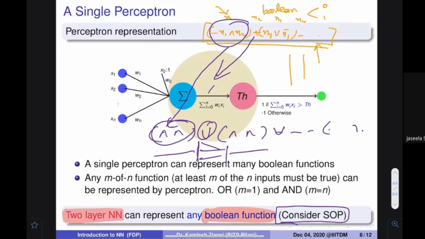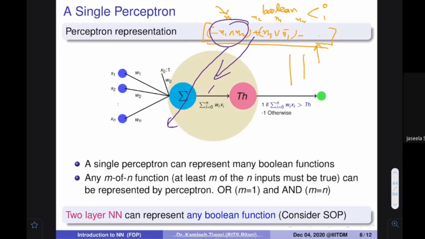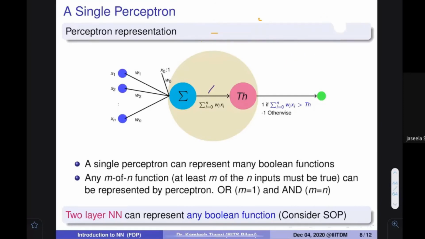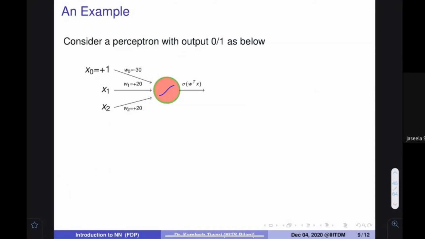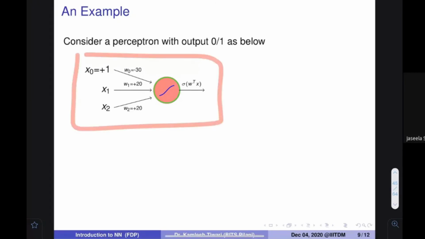It is a very interesting idea that these networks look very simplified, but they have a lot of power in them, and they can represent any Boolean function. Okay, all right. So let us investigate one more thing, this particular circuit. This is again the same circuit. Are you ready? I need you to do a small computation.